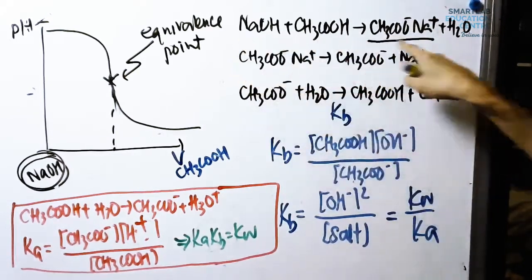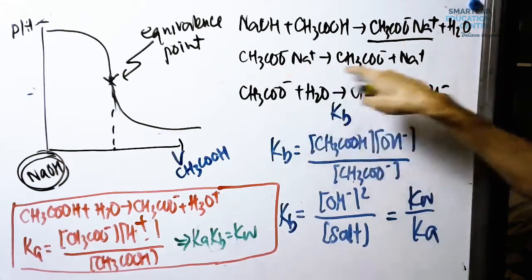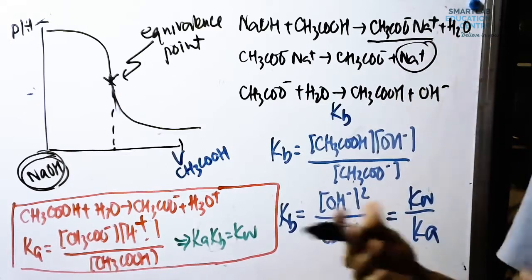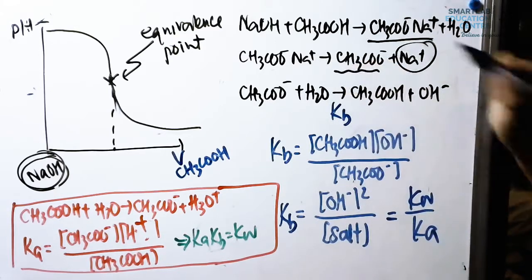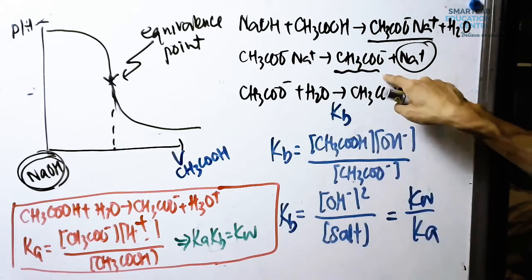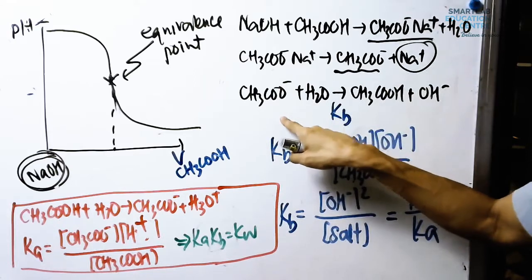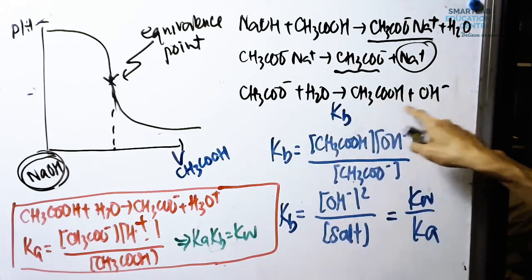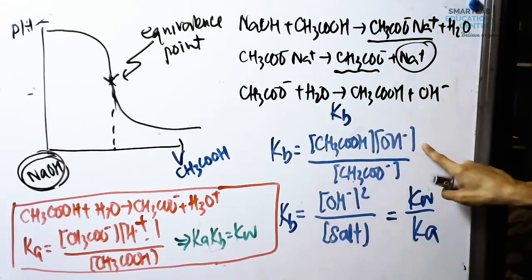As evident in this equation, this is the only salt that's left behind. The salt will undergo hydrolysis to form two ions. Obviously, in the case of Na+, you just have ion-dipole interaction with water molecules, so it does not affect the pH. But CH3COO- is obviously a weak base. Hence, CH3COO- can perform the role of a proton acceptor and produce these two species here. And we can then put up a Kb expression as such.